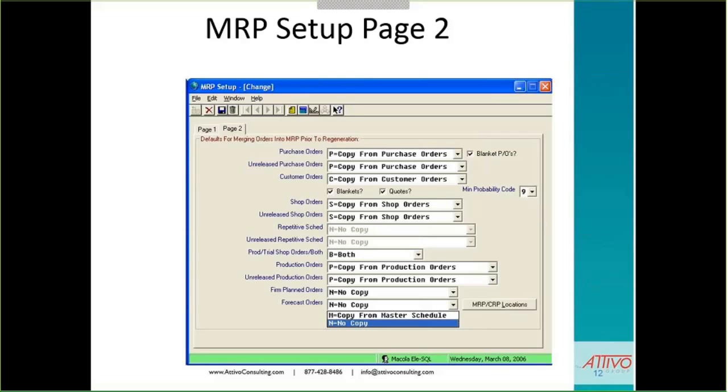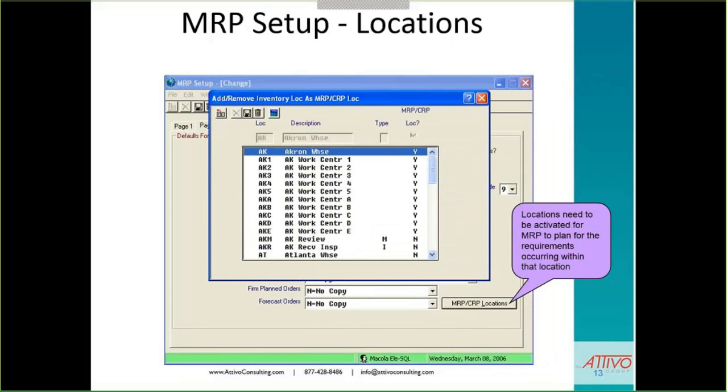and master scheduling comes into question down below again regarding forecast. We're going to cover that in a minute as to how other ways can be used to enter forecast orders besides master scheduling. And the last page is entered through that MRP CRP locations button, and this is where you